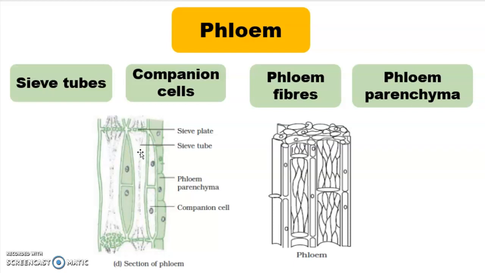both directions. If we talk about the xylem, there water and minerals are transported in a unidirectional fashion. That means they are transported from root to the apical part of the tree. If we talk about the phloem, the transportation is bidirectional. They can transport in both directions. Phloem transports food from leaves to other parts of the plant. All cells of the phloem tissue are live except phloem fiber.